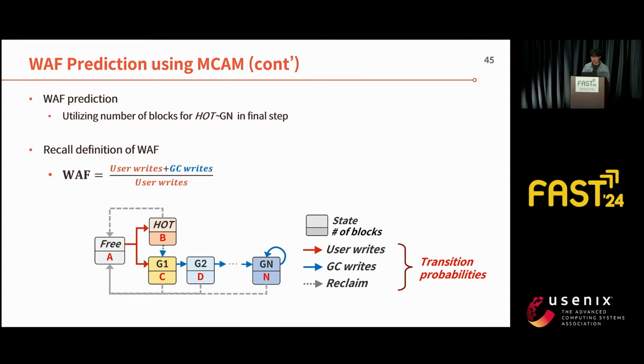Then we can predict the WAF using the converging number of blocks in each state from hot to Gn. Recall that the WAF value can be calculated through the amount of user write and GC write. In MiDAS,